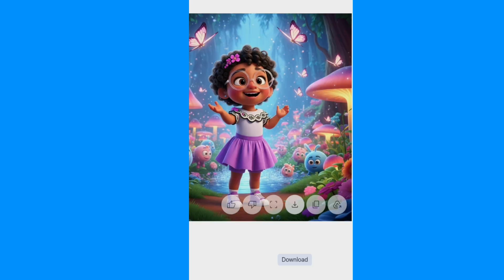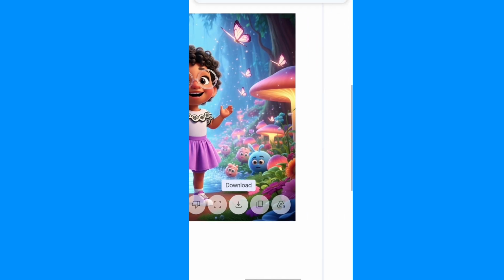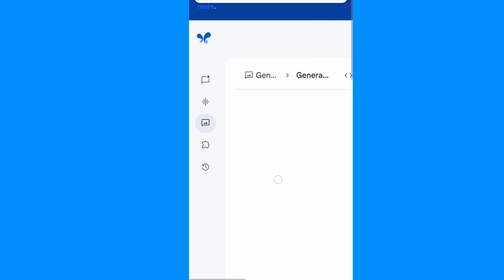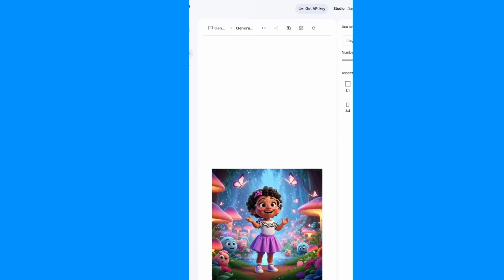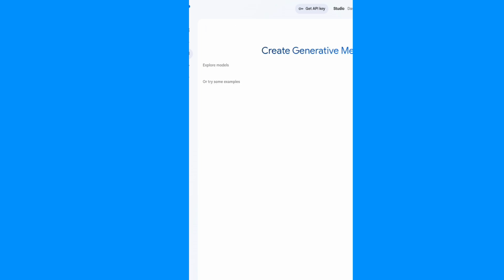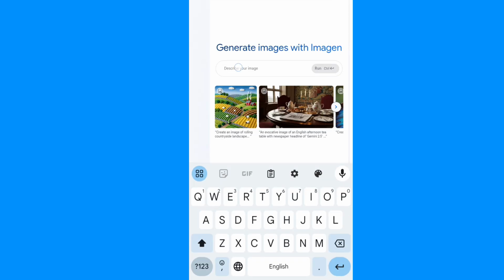So this is where you download it. If I'm to turn it to 16:9, or if I want to generate another one, all I have to do is to still select the same thing. You still go back here, generate, go to the imaging and type the prompt. Okay, a beautiful dark skin toddler, let me use another prompt,